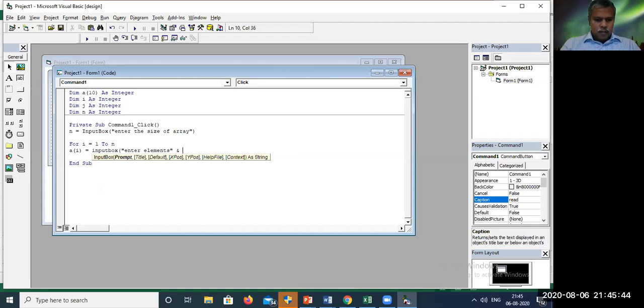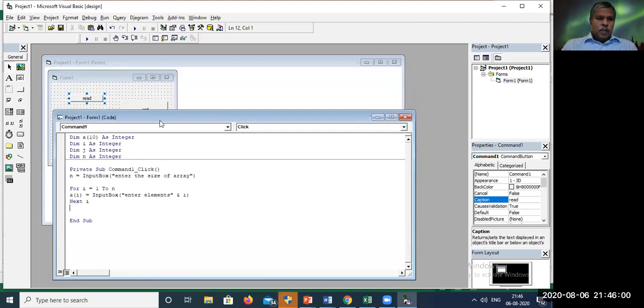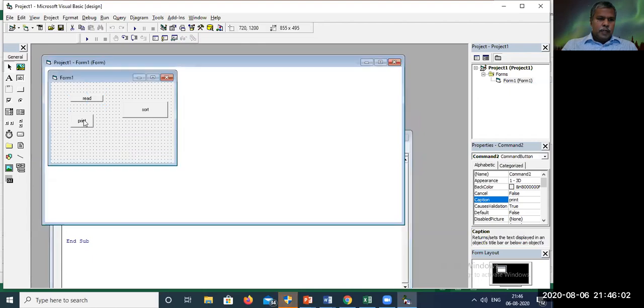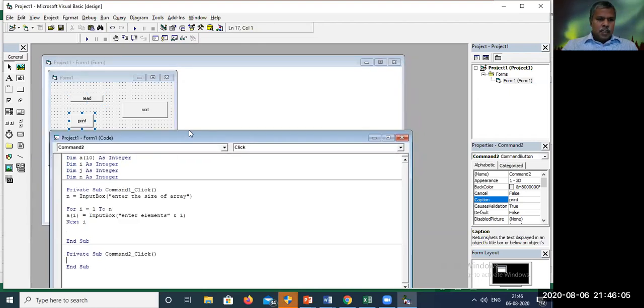Next i. Now this will read the array. Now I have to write the print event.